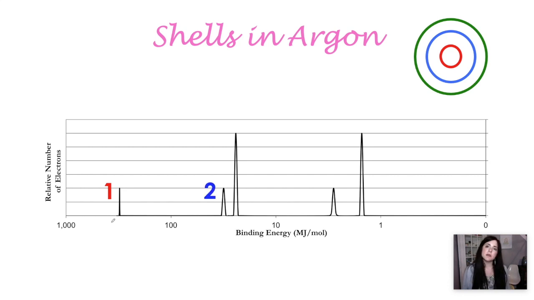Right here, we have our second shell. The one in the center requires an intermediate amount of energy to remove those electrons, whereas our third energy shell, that outermost one, requires the least amount of energy. Notice how we're not substantially, but quite a bit, higher than we were with some of those previous elements we were talking about. So although it looks like these are relatively easy to remove, jumping from about here to about here in chemistry is a big jump. So really, we're not going to be able to remove those electrons very successfully at all